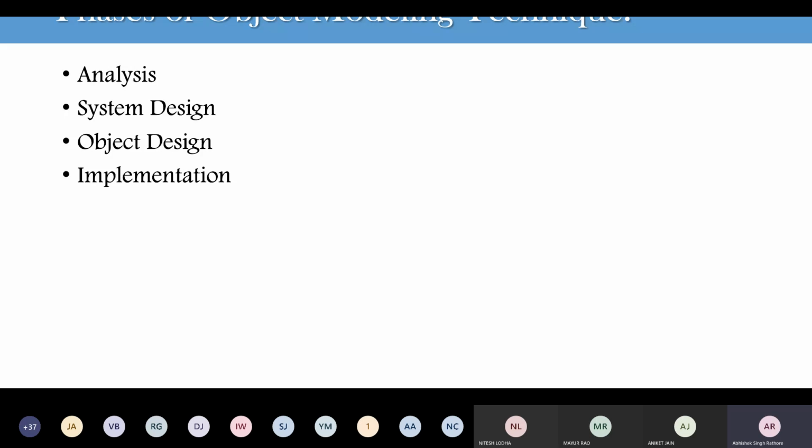So this is system design. Then the third step is object design. Object design is concerned with the classification of objects into different classes, and what attributes and necessary operations are needed.